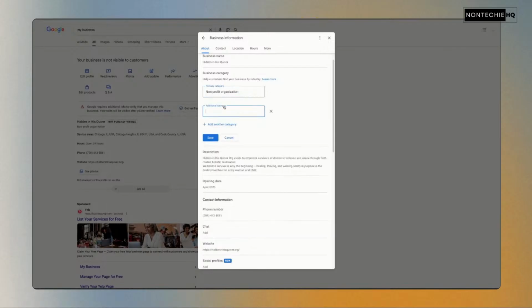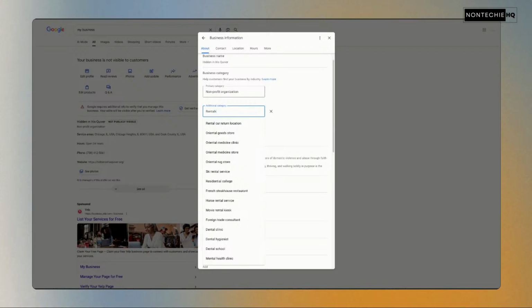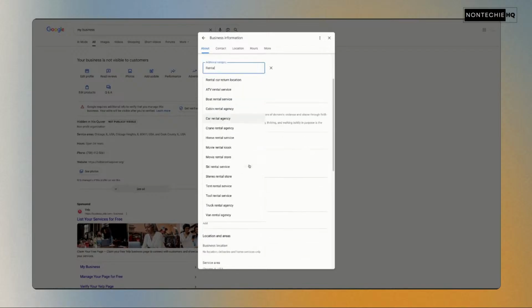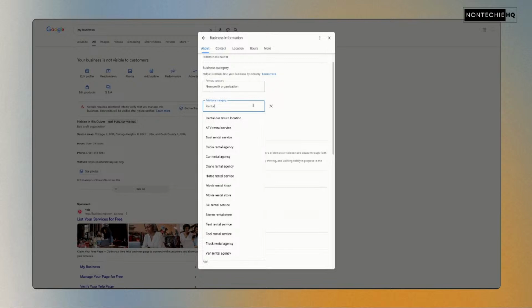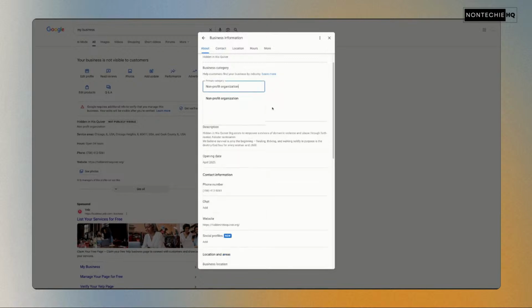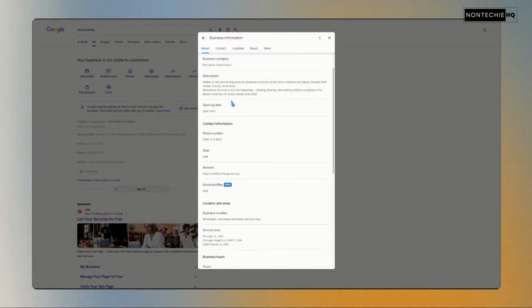You can also add additional categories now. So you make sure that you are categorized under the things that are relevant for you and your business. Whatever they are searching for and whatever you match with, you want to make sure that you're coming up as. So we have everything that we need here, and we will go ahead and update our social profiles.